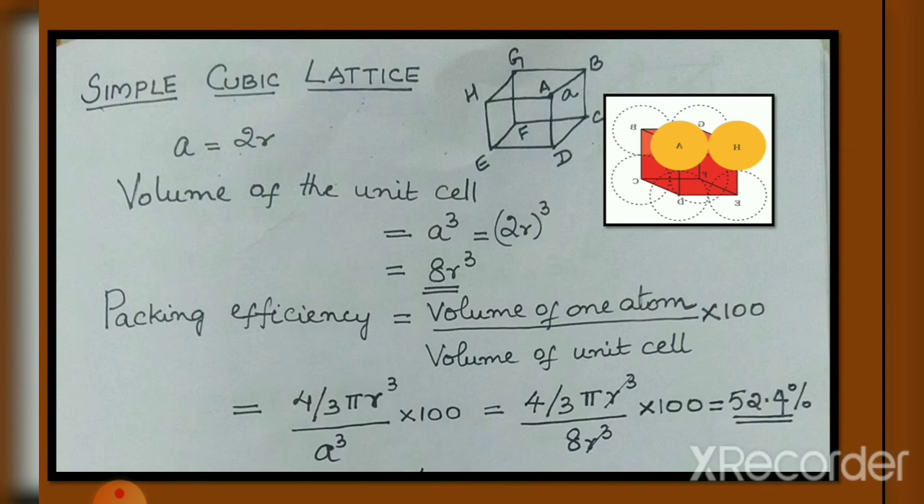Packing efficiency is equal to volume of one atom divided by total volume of the unit cell into 100. But in a simple cubic lattice, only one atom, that is one sphere, is present. Therefore, in the numerator, we need to take only the volume of one sphere. So, we get the packing efficiency as equal to 4 by 3 pi r cube divided by A cube into 100. Or it is equal to 4 by 3 pi r cube divided by 8 r cube into 100, which is equal to